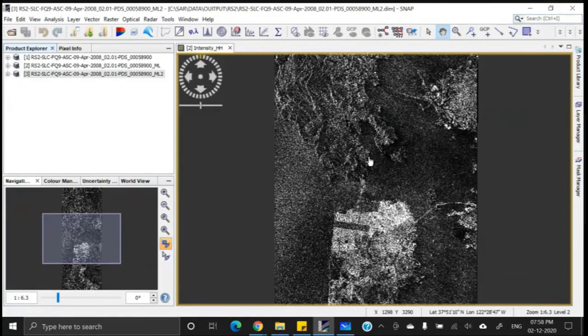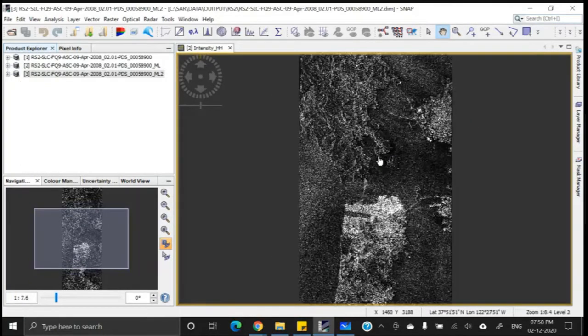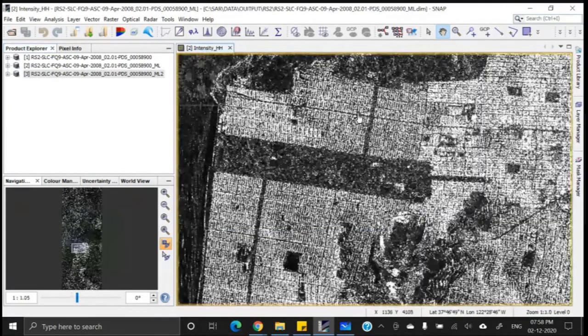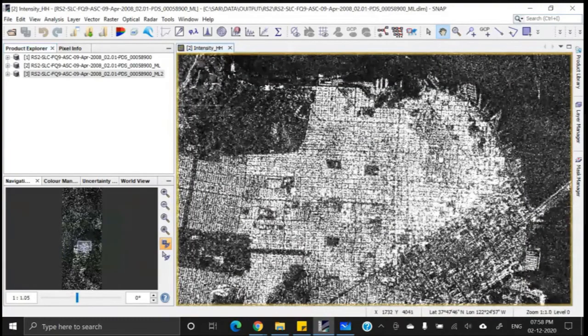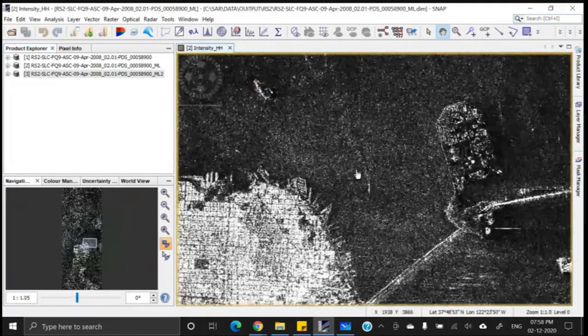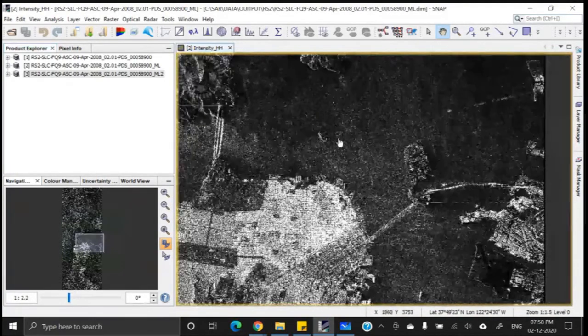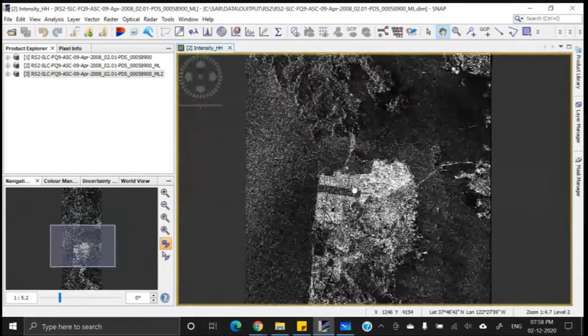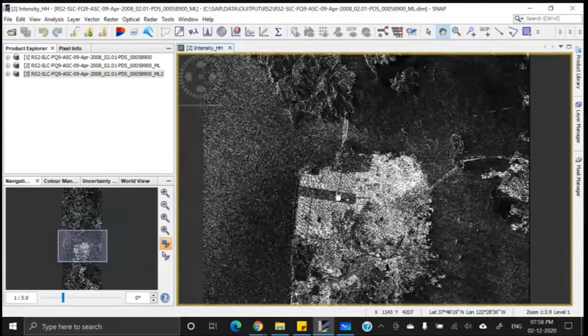So although the image has been converted into ground range image, still this image is not interpretable enough, and also we still have a lot of noise. And you know, the next processing is the backscatter image generation. Okay, backscatter image generation. Let me discuss the backscatter image generation.